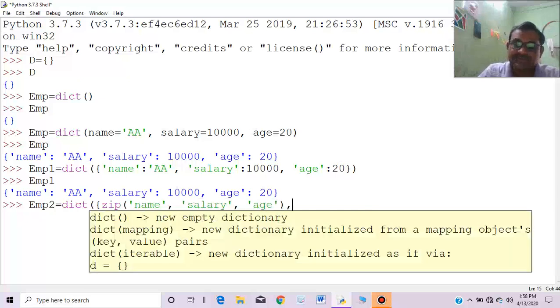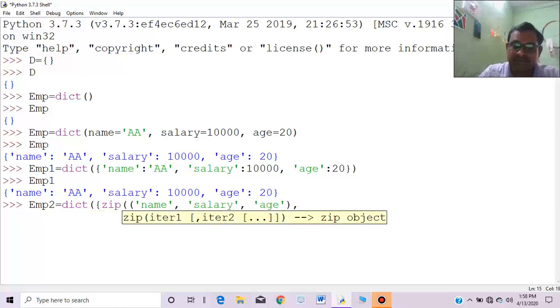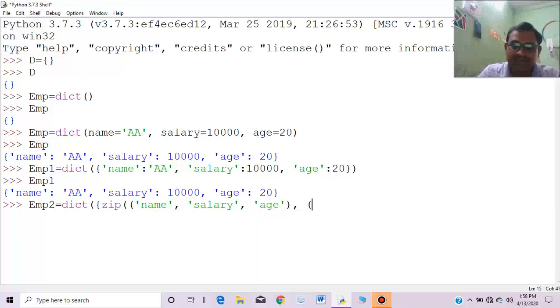Zip accepts two arguments, one as a tuple of keys and second as a tuple of values.